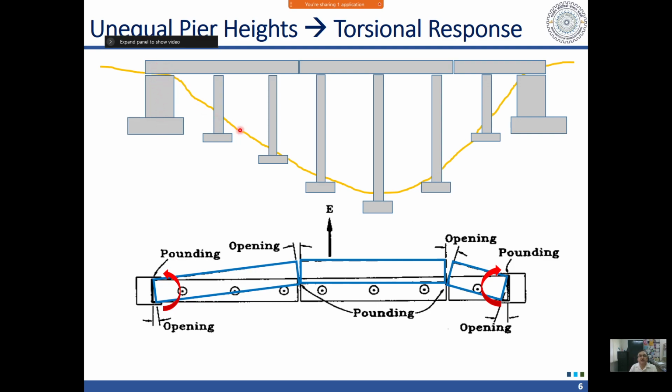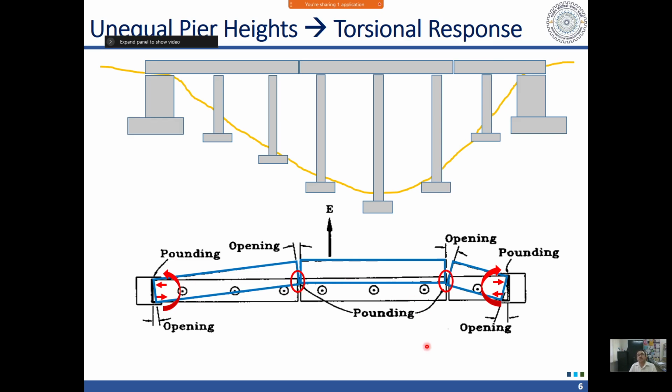So the left end is rigid, the right end is flexible, and as a result the superstructure is going to rotate, and when it is rotating at this location we will get pounding. So one problem is that we get pounding, and the other problem is that at the bearings there will also be a rotation, and if we are using more than one pin bearing or guided bearings, then those bearings will be subjected to additional forces because of this rotational or torsional moment which will be generating at this end. So the bearings will be subjected to additional forces.